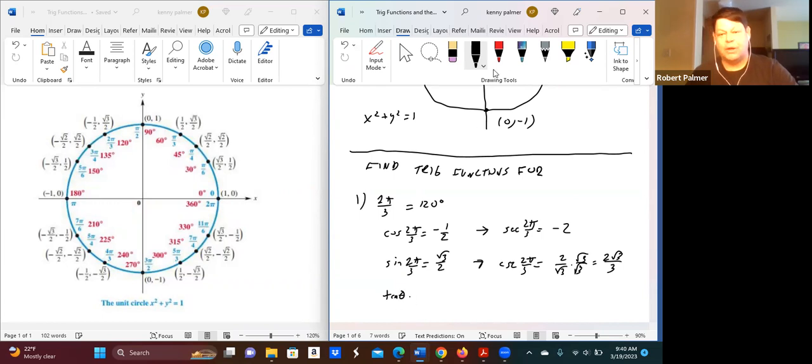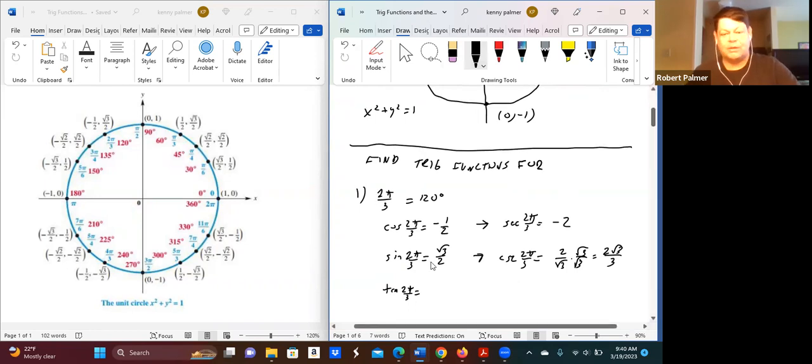Tangent of theta, or tangent of 2 pi over 3, which is theta. But this is also the same as 120 degrees. Now, what we have to do here is a little more work, as I said. So tangent is sine over cosine. So that's the square root of 3 over 2 divided by negative 1/2. And of course, we do that,